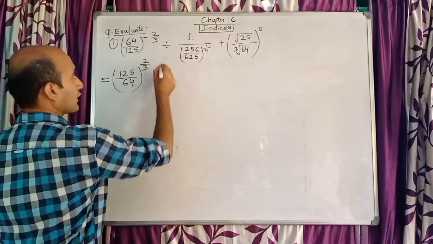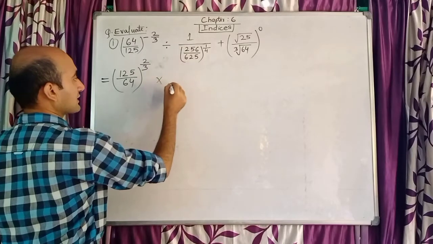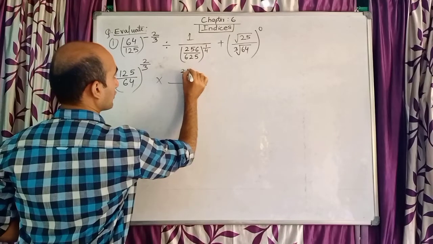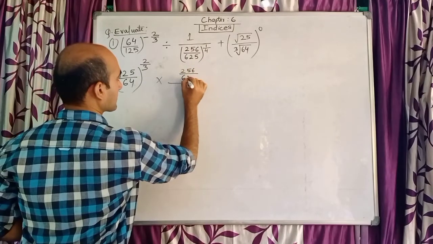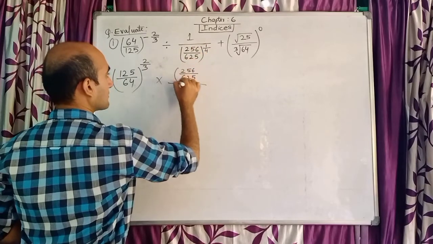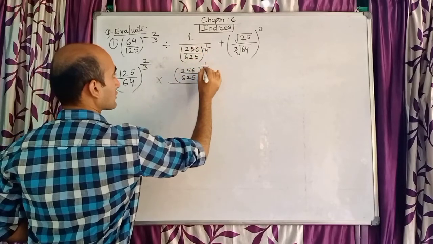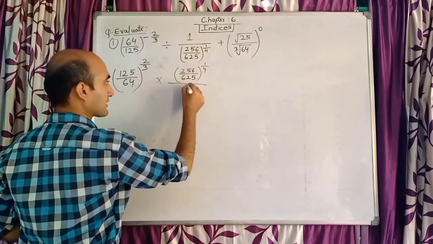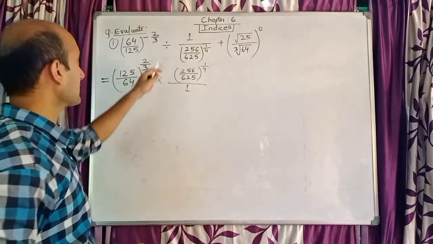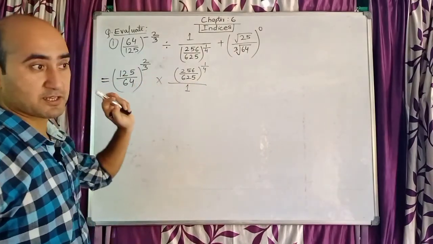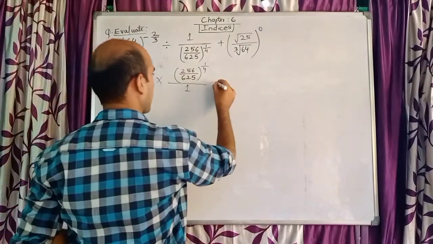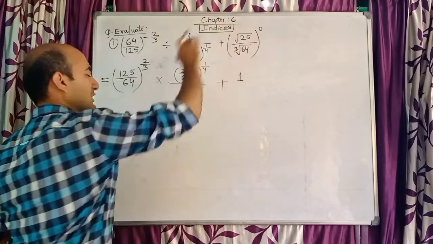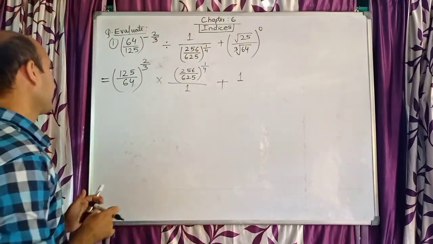And here you put this division as multiplication. So the denominator part will become numerator. The denominator part is 256 by 625, to the power 1 by 4. The same denominator I wrote at the top as numerator, and the numerator you make denominator. All this happened because division has become multiplication. That is a rule we learned in the lower classes as well. And anything to the power 0 is so simple, 1. Nothing to think about the inside number, it's just 1.